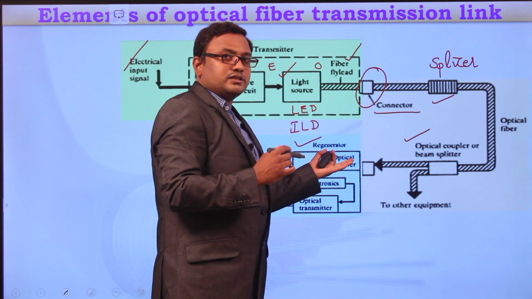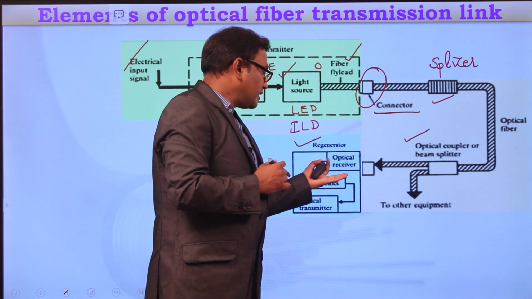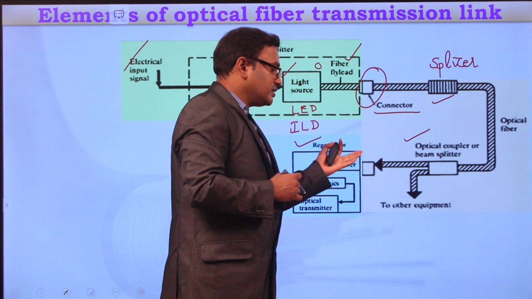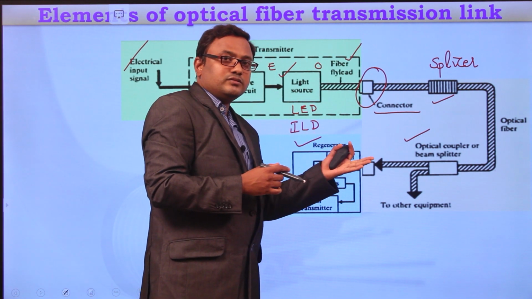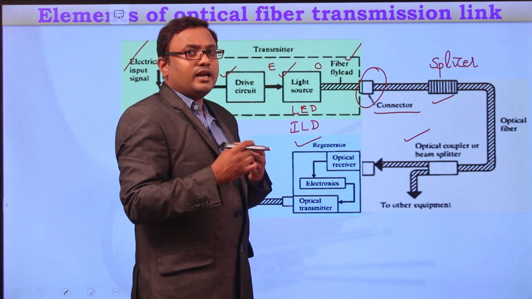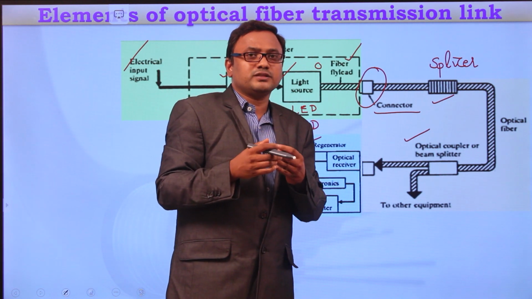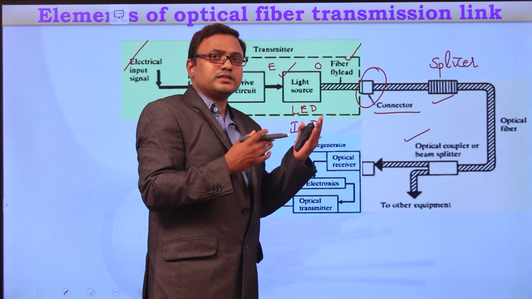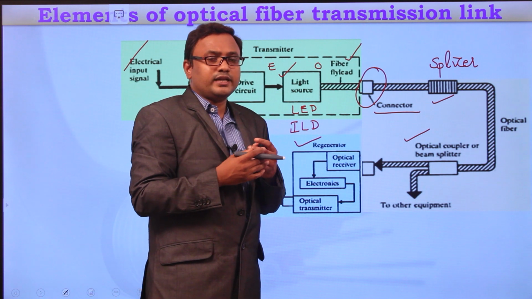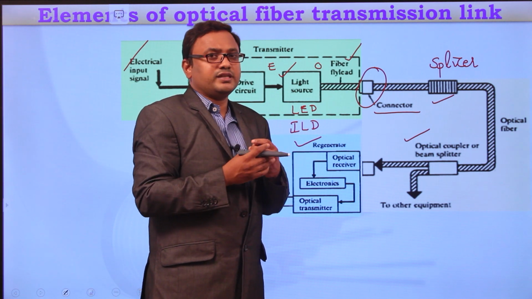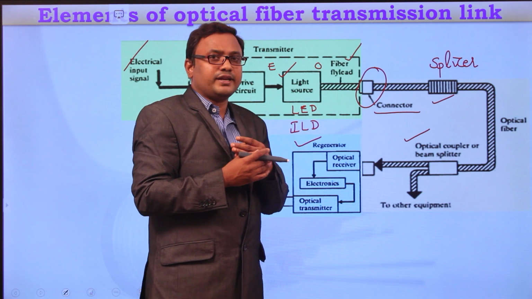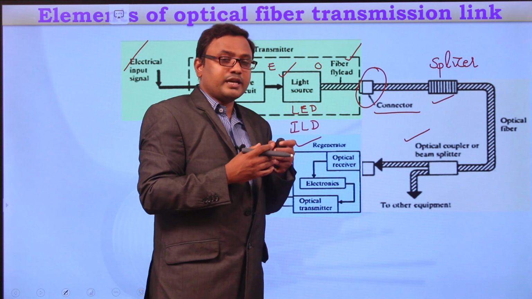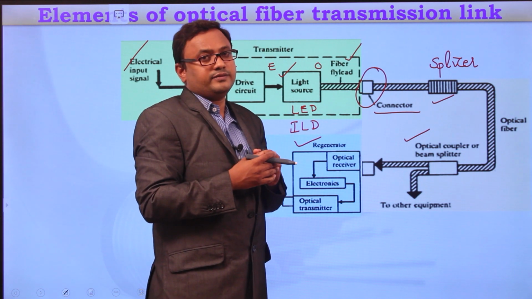So here, what is the purpose of the regenerator? The regenerator must amplify the signal in the channel. Already we have certain amplifiers which can deal with electrical signals. For example, in your previous courses you have learnt about different types of amplifiers like CE amplifier, CB amplifier, CC amplifier, and some kinds of power amplifiers. Different types of amplifiers we have come across already.